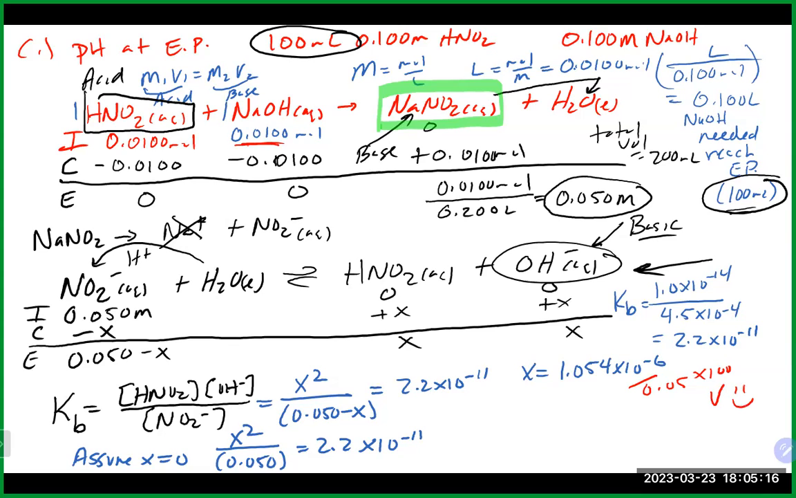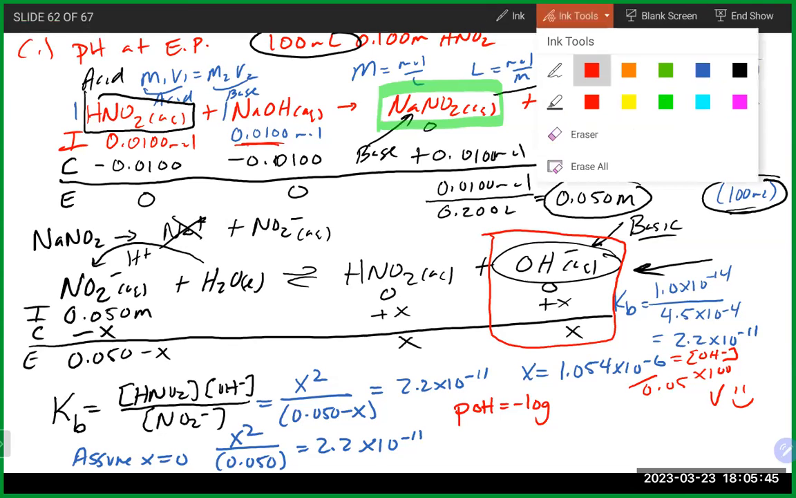It's good. All right, so because that is good, if we go back to our table, it's also important to remember that the X value here is actually our OH minus concentration. So we're going to go into the pOH first. So this equals the OH minus concentration. So the pOH here equals minus the log of